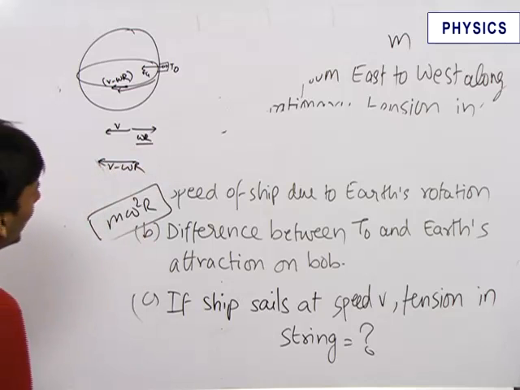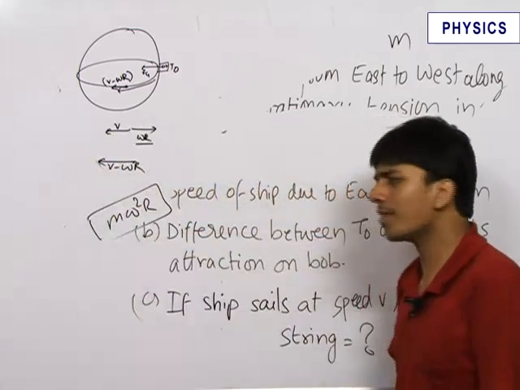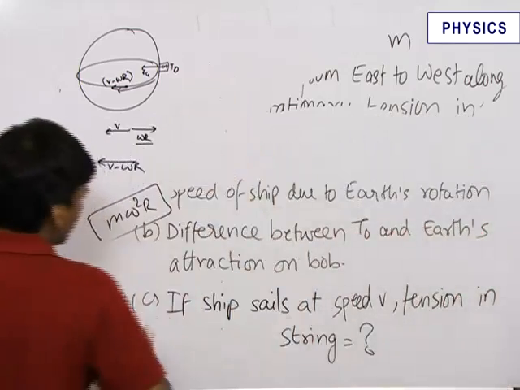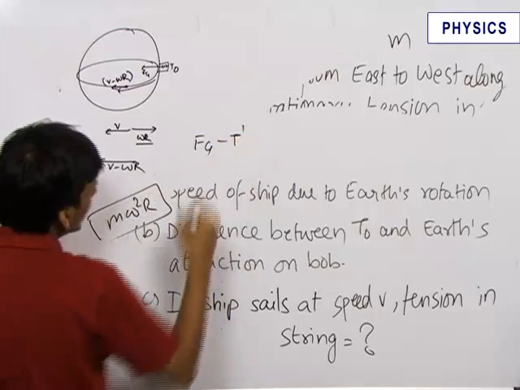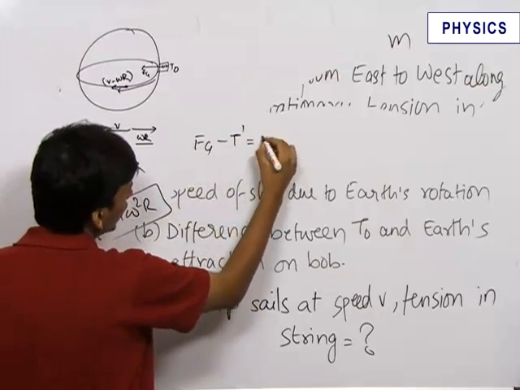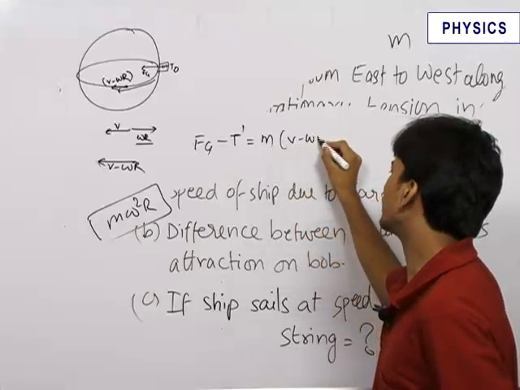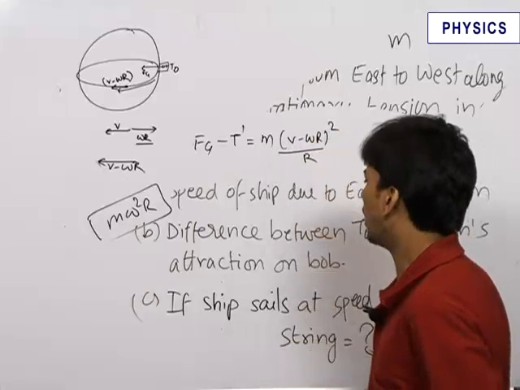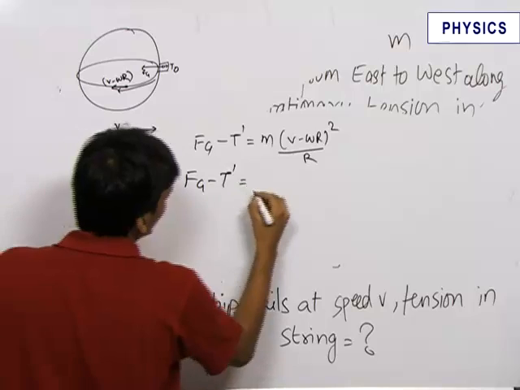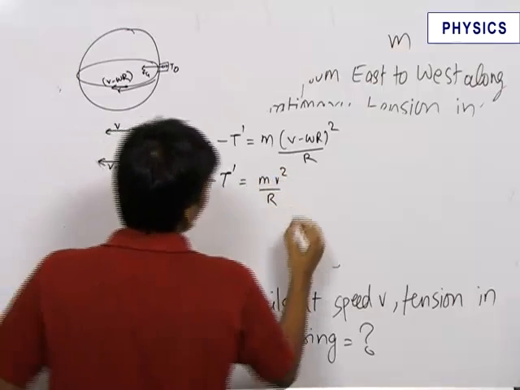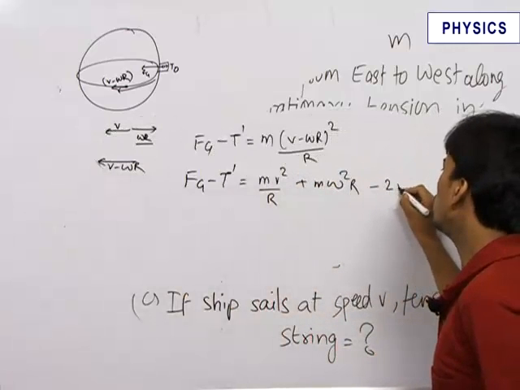Therefore the bob of the pendulum seems to be doing a circular motion with velocity in the orbit equal to v minus omega r. Now we can write down the gravitational force Fg minus the new tension, this is equal to m v square by r, where v is equal to v minus omega r whole square upon r. Let us expand this. Fg minus T dash is equal to m v square by r plus m omega square r minus 2m